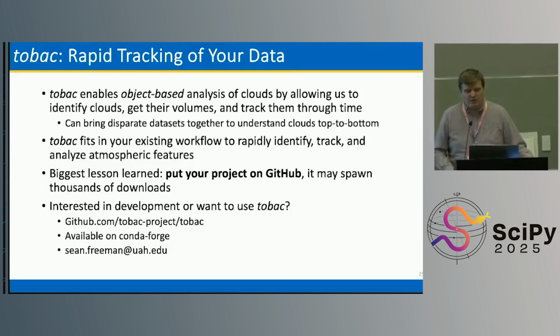and supporting your needs. Actually, I will tell a very short story. When I started at UAH, I gave a seminar to the undergraduates, and an undergraduate from electrical engineering approached me and said, I'm using tobac to track electrons in my PCB. And I said, you're doing what now? I don't know if that story is true or not, just to be clear, but I like to tell it. We could be used for anything. If it's gridded data, we should be able to track it. I don't see any reason why not, but come talk to us. I don't know what your needs are. We're all atmospheric scientists, and I'd love to expand the reach of tobac to more broad communities.